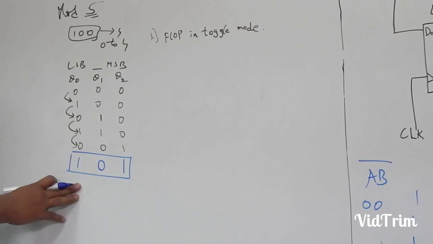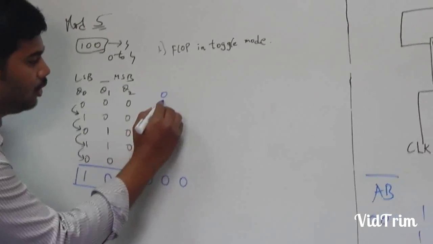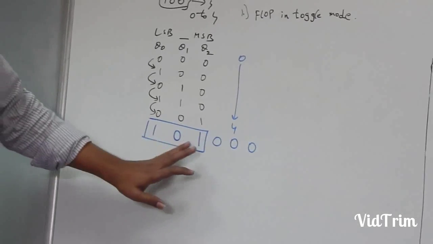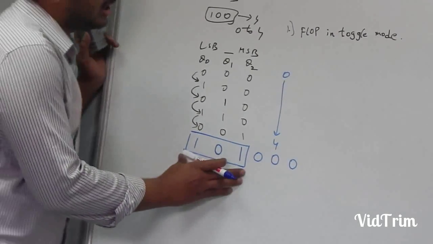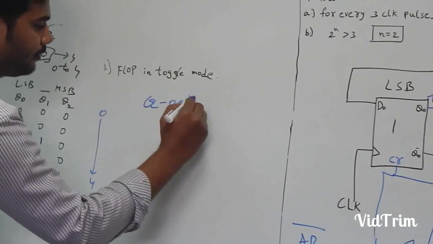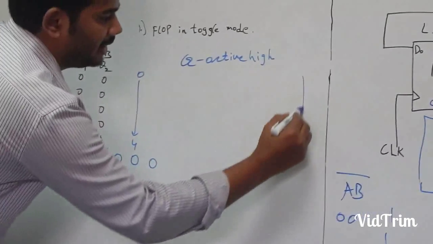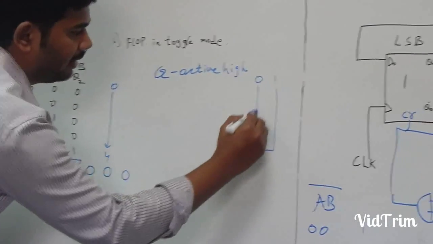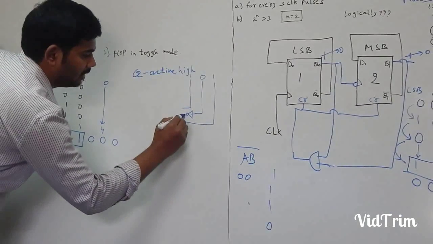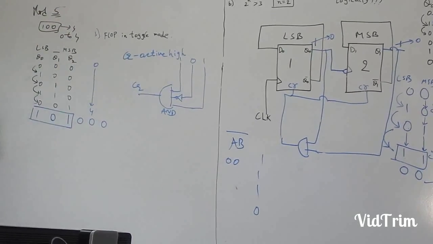But what is our requirement? In this 1 0 1 place we should get 0 0 0, because 0 to 4 it came, and again 0 to 4 it should repeat. So 1 0 1. So what should I do? Similarly, taking active high clear. I'll take the MSB bit, I'll take this bit, and I'll take this bit. I'll send the middle one to an inverter, and again I'll send all of them to an AND gate, and I'll give it to the clear pin of all flops.